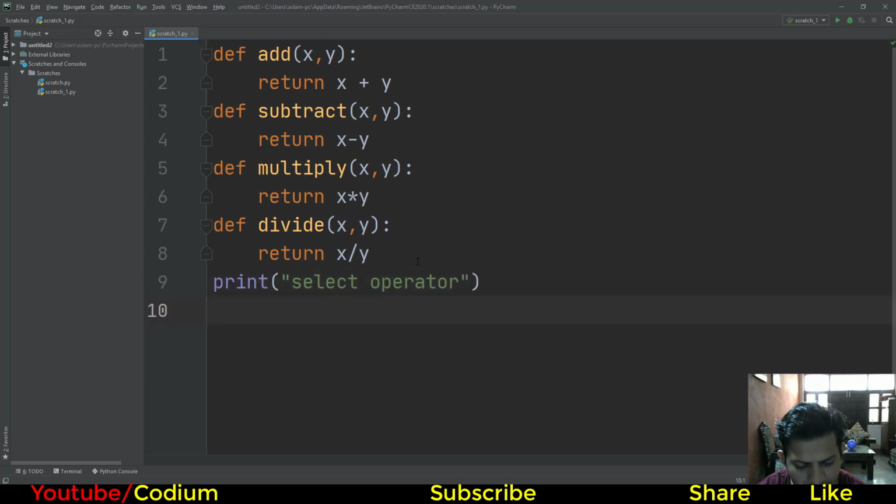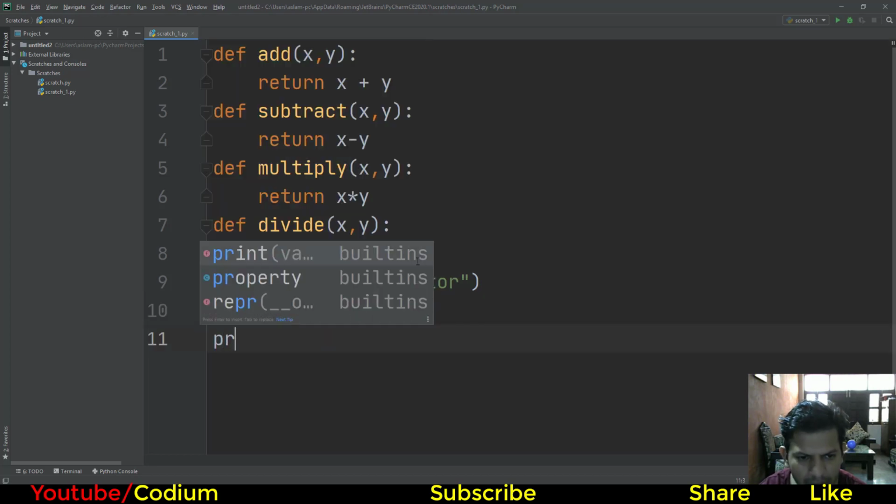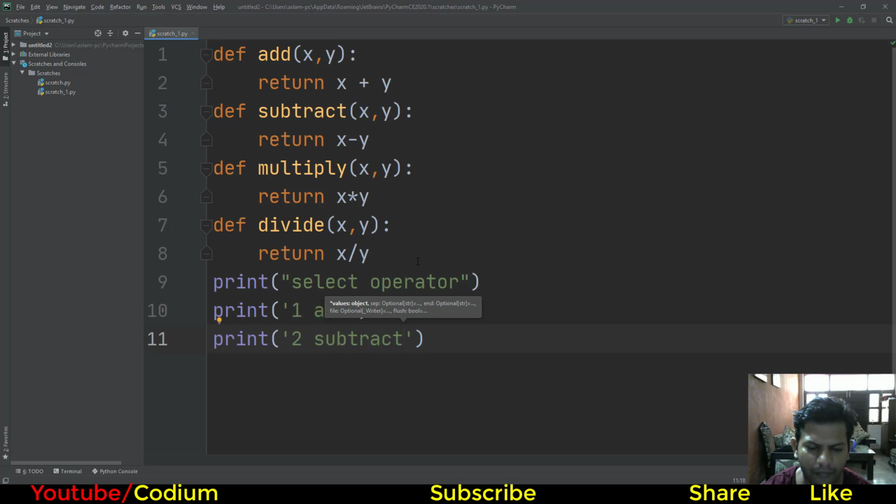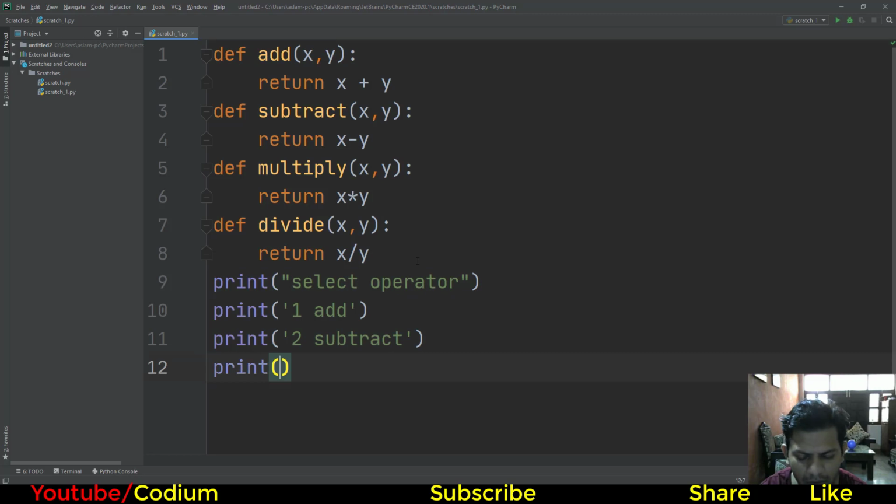Then after this, the message appears: 1 for add. It means if you press 1, the calculator is ready to add. Then print 2 for subtract. Same, print 3 for multiply.